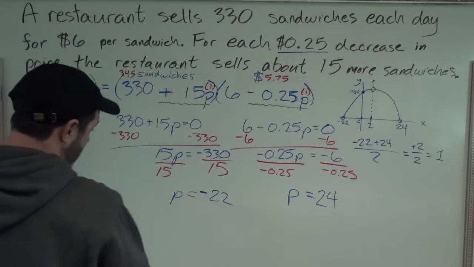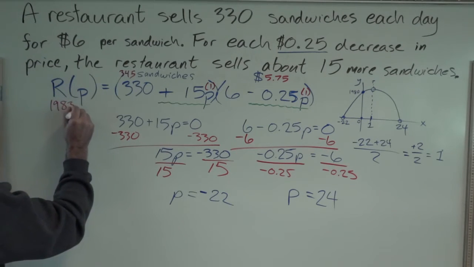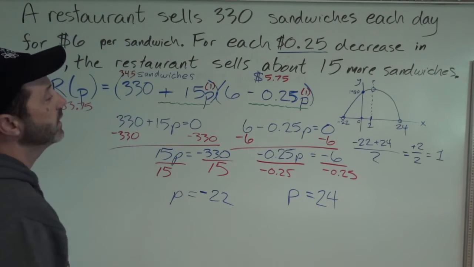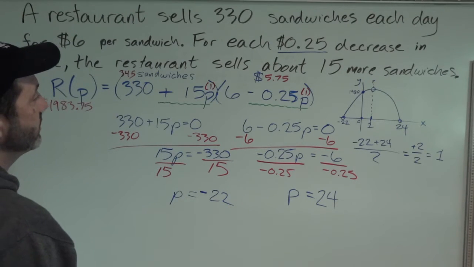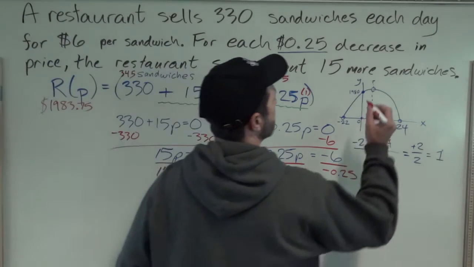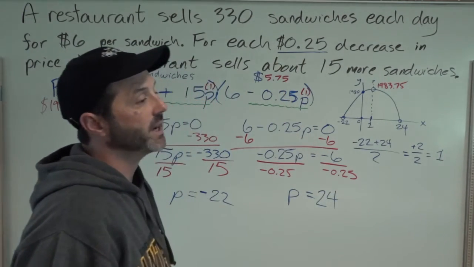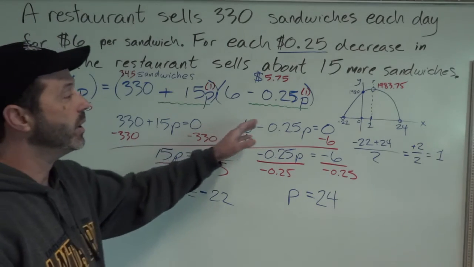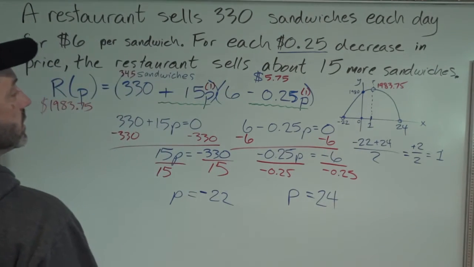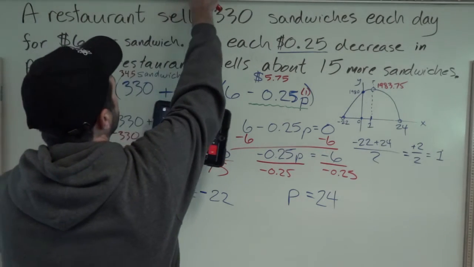And by the way, I know that doesn't look like much. $1,983.75. But the restaurant owner asked the question, we answered it. So I've answered the first question. I should charge $5.75. I expect to make $1,983.75, which is the most I can expect to make. If I raise the price anywhere past that, I'm going to start losing customers, and that's worse. So there it is. Now, that's algebraically. Graphically speaking,